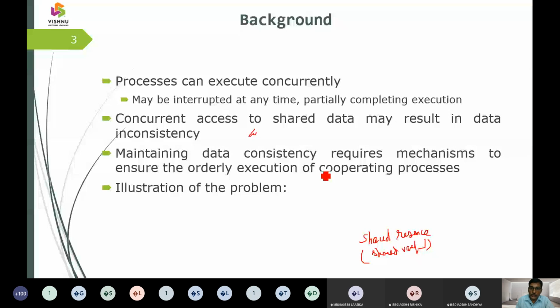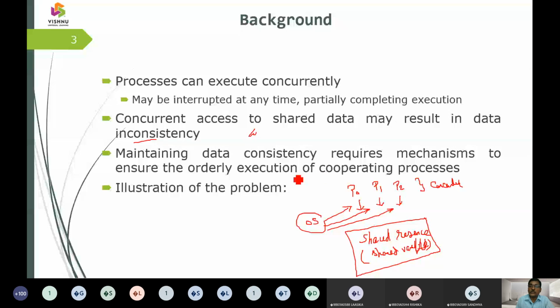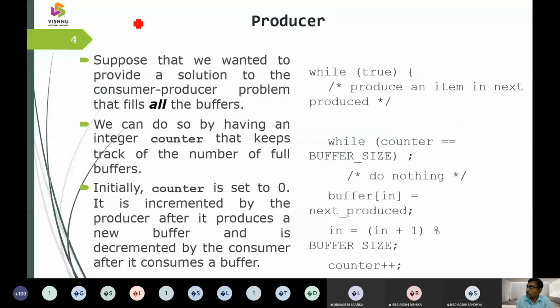So two or more events are going to happen at the same interval of time. Then we need to say to which process the shared variable has to be given and when it has to be revoked. For that, the very first problem people proposed was the producer-consumer problem. One is the producer problem and the other half is the consumer problem.